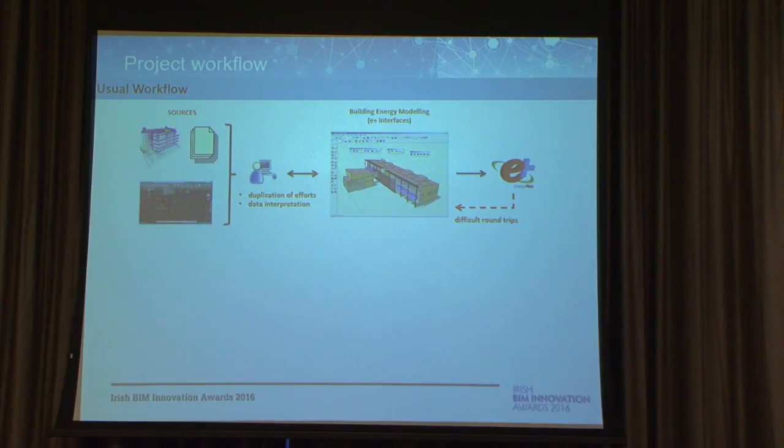So what actually happens in practice is we have this building energy modeling component, I'll leave that alone, just here up the top, and the actual energy modeler redesigns the building in the actual modeling tool. So it takes unnecessary effort, it's error prone, it's time consuming, and it's costly. And there's no round trip really between the energy model itself, in EnergyPlus format, and BIM or any other